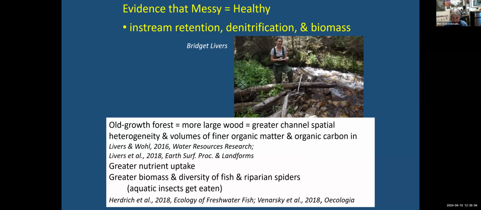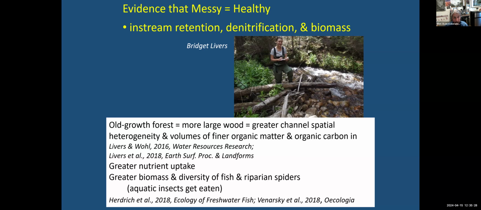So even a century after management, there was still this persistent legacy in terms of the large wood in the channels, which then equates to differences in pools and riffles, particularly pool volumes. It can equate to the presence of multi-channel systems where secondary channels branch and rejoin downstream, and a lot of retention in the pools and secondary channels of things like particulate organic matter.